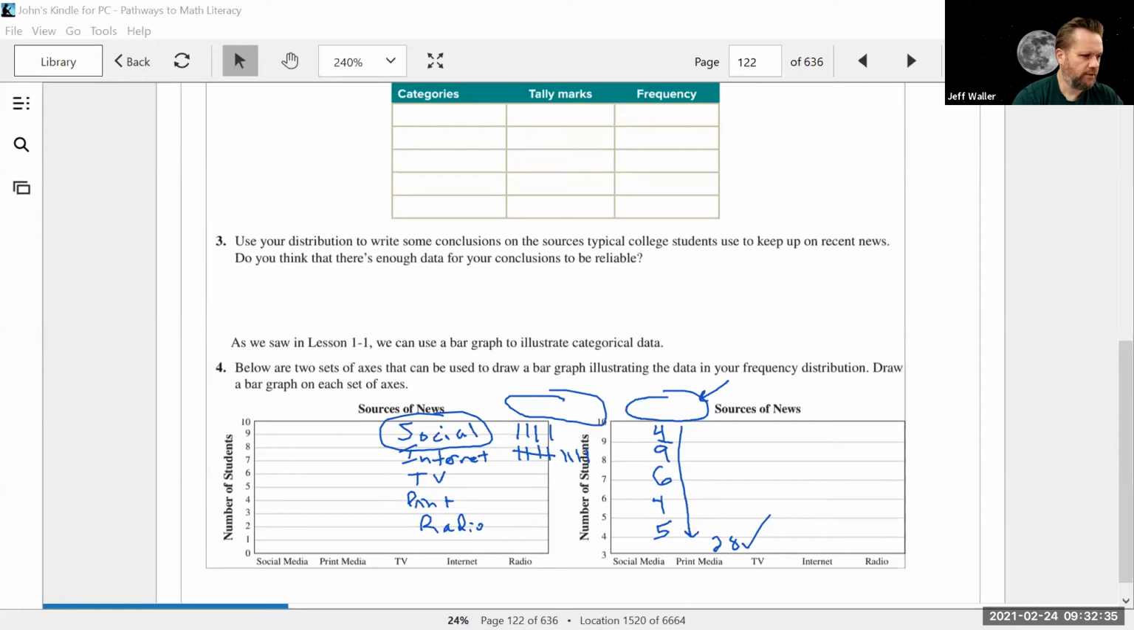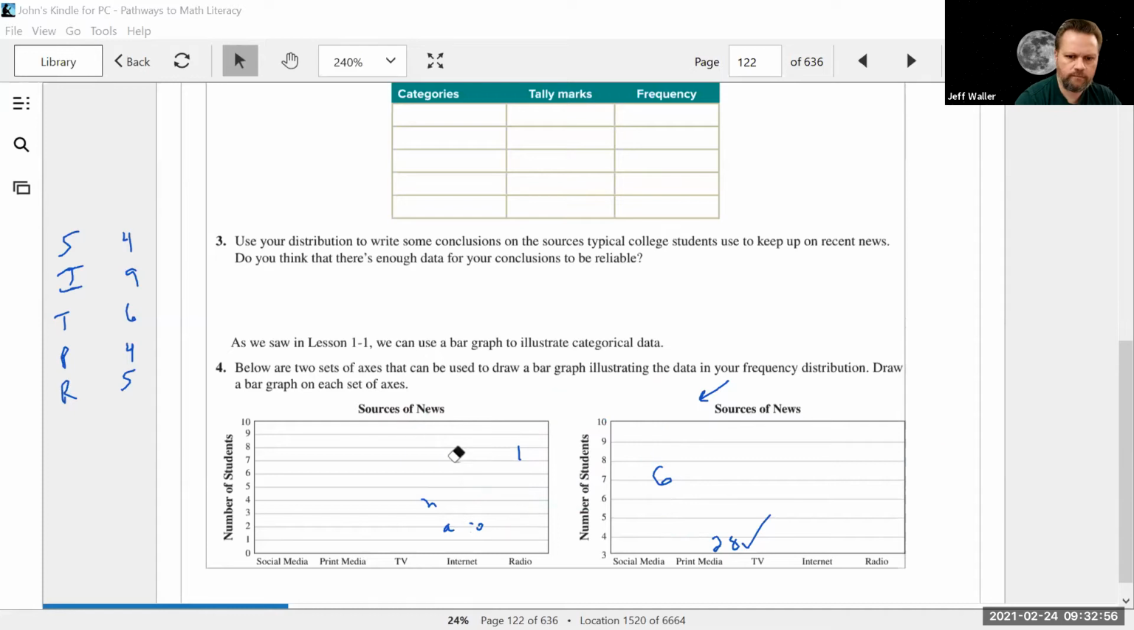Let me see if I could do this. So I got social, internet, TV, print, and radio. I've got 49645. Okay. Let me erase this stuff. And now we can make this